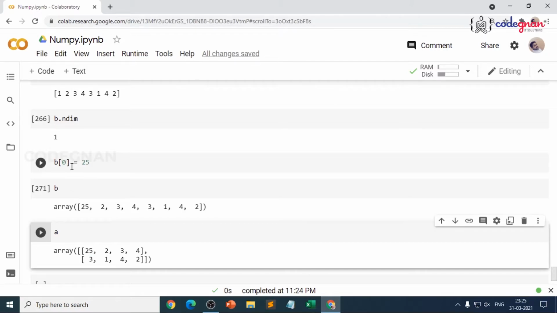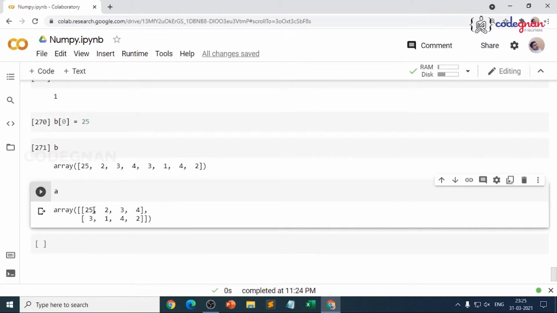That's where you could clearly find the difference. When you print B and when you print A, you could see first element is changed, because we have formed that as ravel.